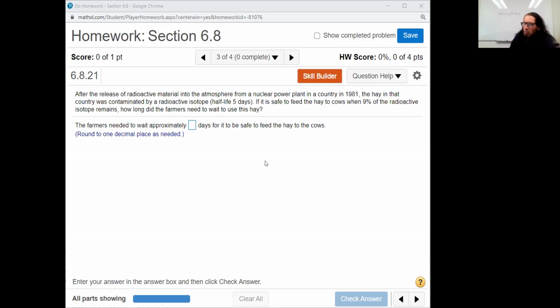Just like the previous problem, we're going to have to solve for K using the formula we did previously, knowing this time that the particular isotope being talked about has a half-life of 5 days. Now, they don't even tell us how much that they started with, but